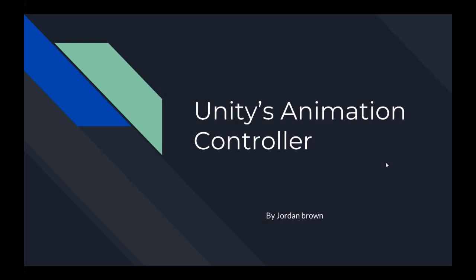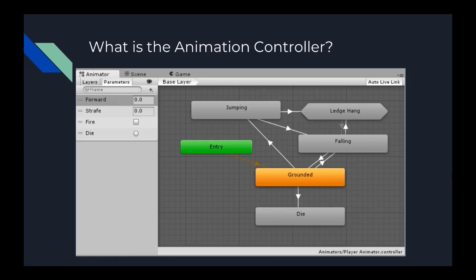So for my project, I decided to talk about Unity's animation controller. The animation controller in Unity is actually represented by a graph, but is technically a finite state machine, although they can sort of be interchanged in this situation. I would say behind the scenes, it's technically